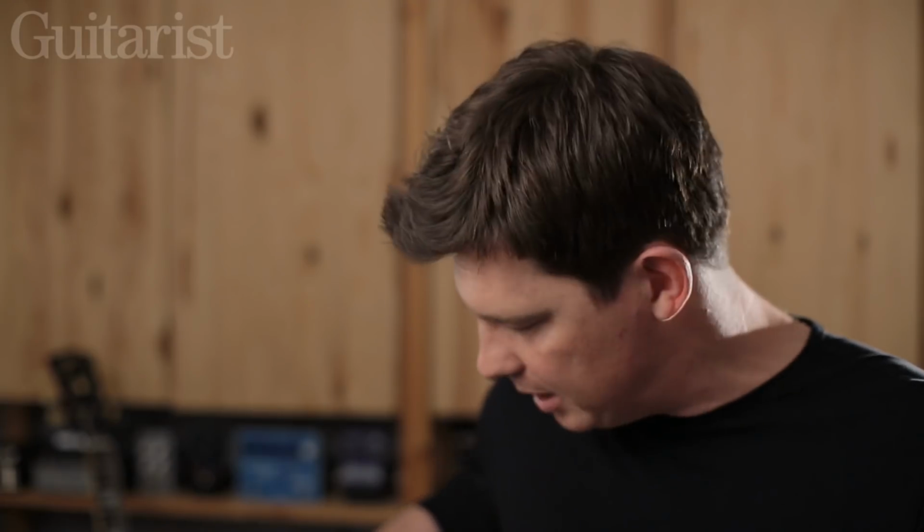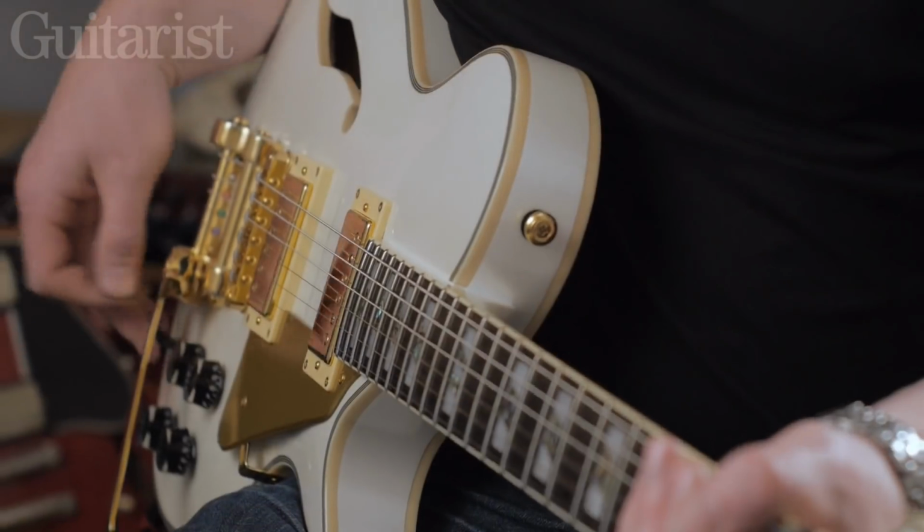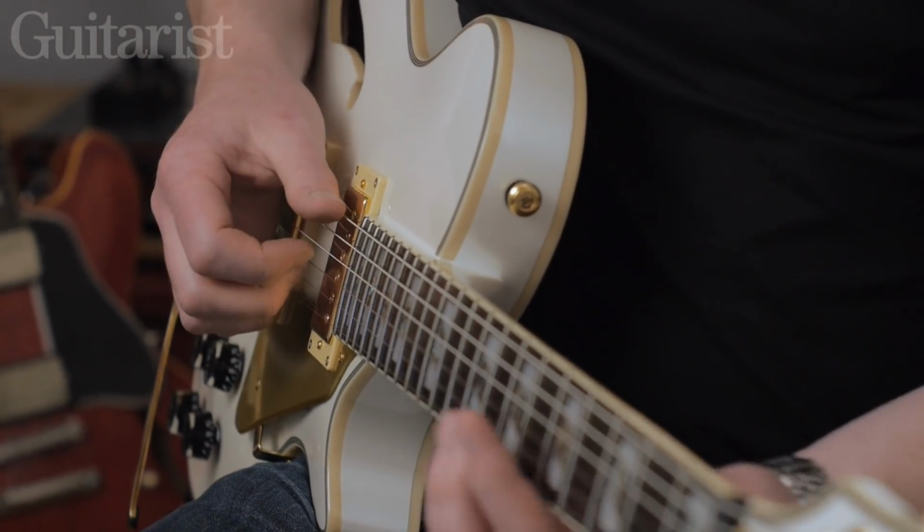What's interesting about the ESP is although you can do all that twangy B-movie stuff if you want to do it, the neck pickup actually sounds pretty jazzy too, as you hear in the main track that we recorded. But, you know, it's a pretty full-throated...